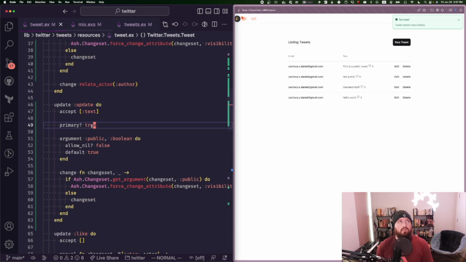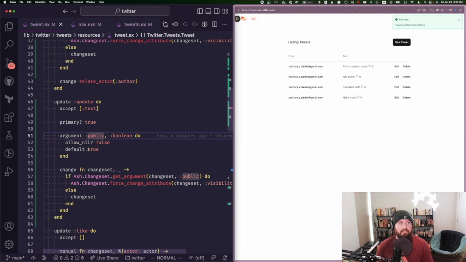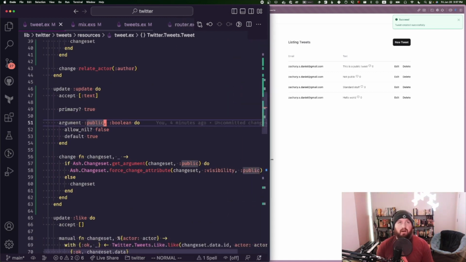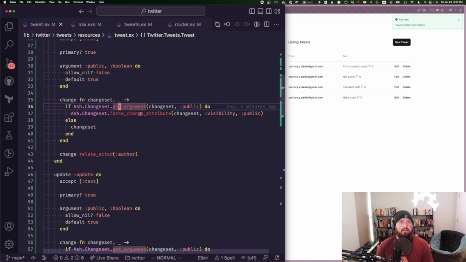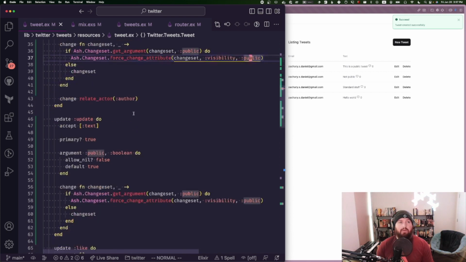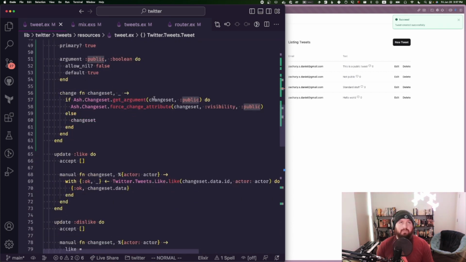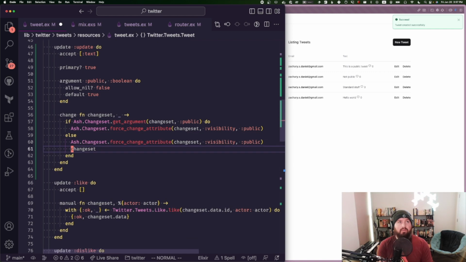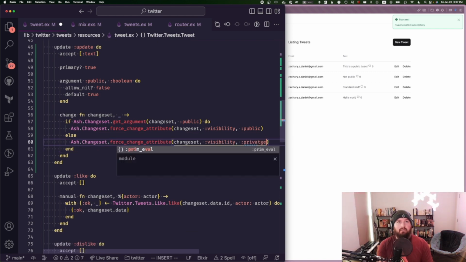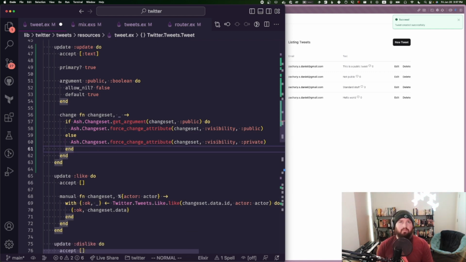So I can already see, if we look in this update action, the logic bug that I had here is I copied the create action. The create action is saying, if they've said public, then set visibility to public. However, the update action is also saying if they've said public, then set the visibility to public. But what I actually need to do, because this is an update, is account for the fact that they might be trying to change it to not be public anymore. And I need to say private here, which I believe is the